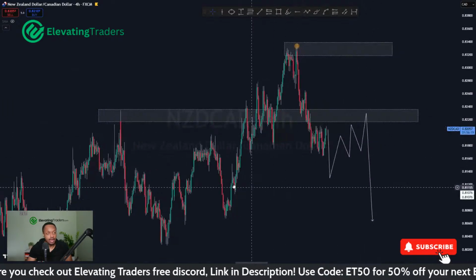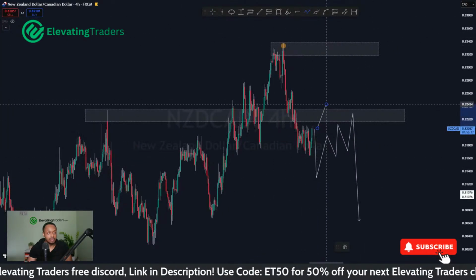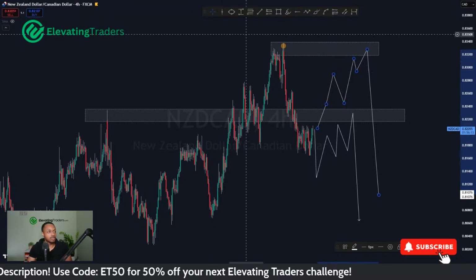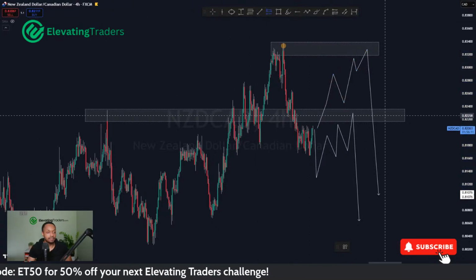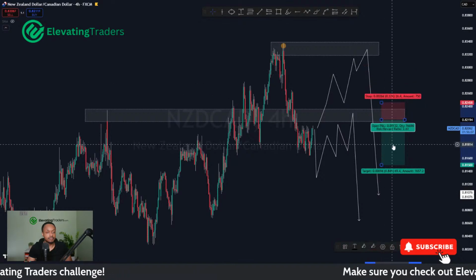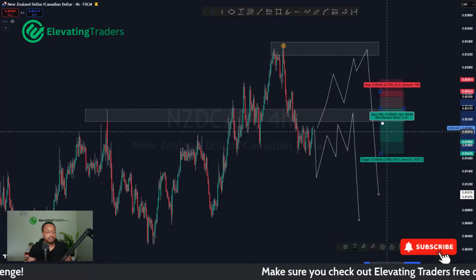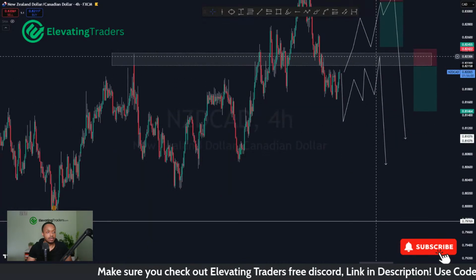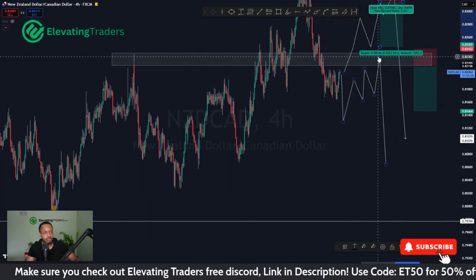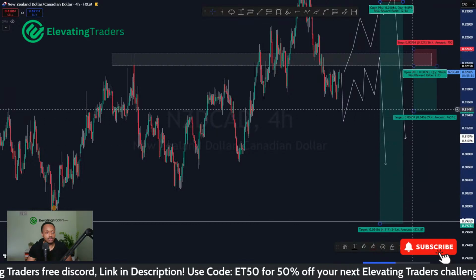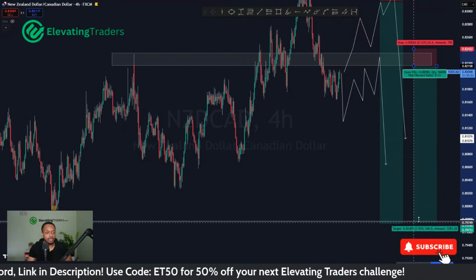If we don't get that, like I said, I'll look for kind of a double top back at the high, safe place for a stop loss, and a great place for an entry as well. So I'll look at both of these opportunities. And for both of them, the swings are looking very, very generous in terms of the targets.